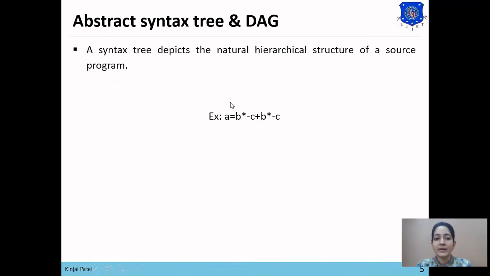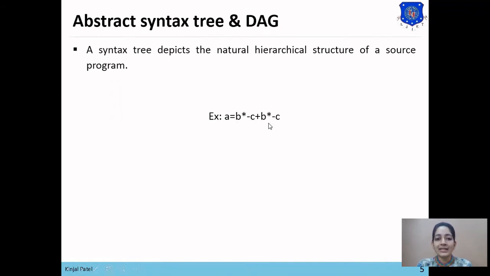In this expression, there are three operators used, which are equals to, star, and unary minus. Of these three operators, unary minus has the highest precedence, then star has the second highest precedence, then equals to has the third highest precedence.